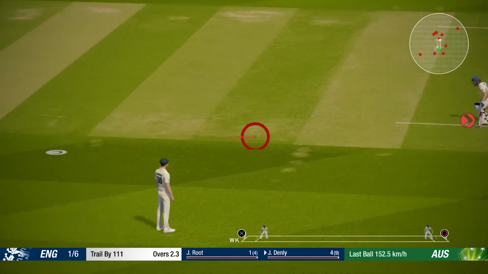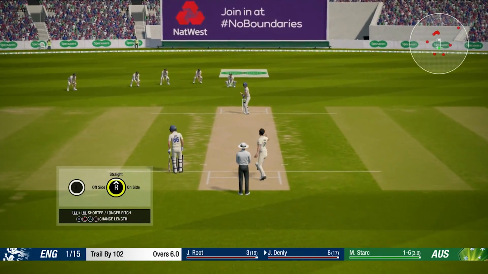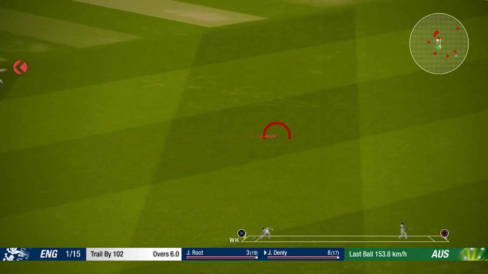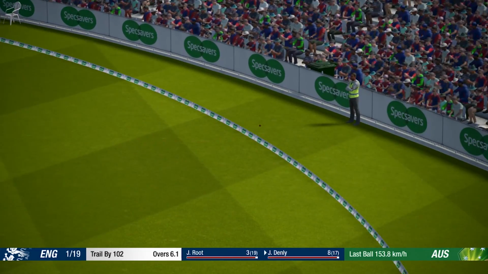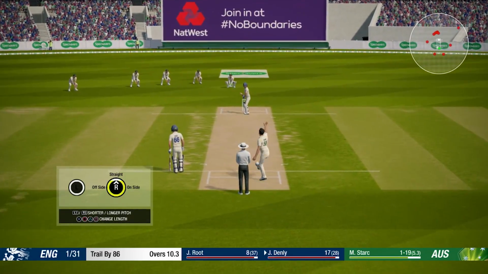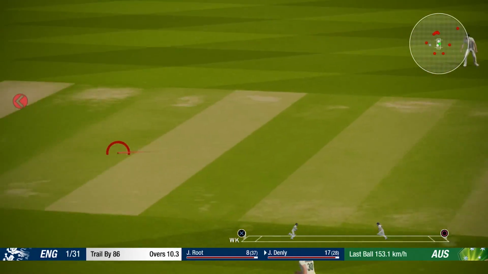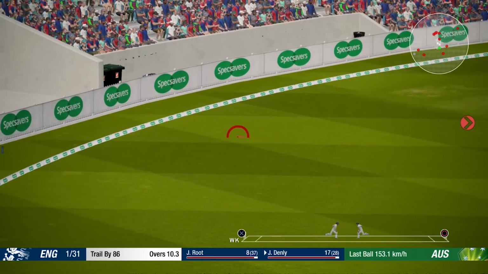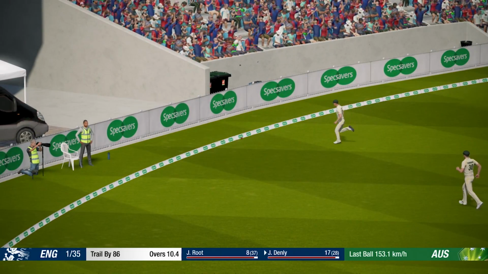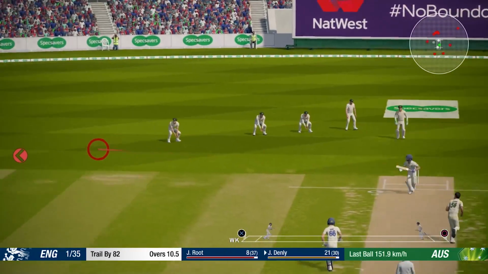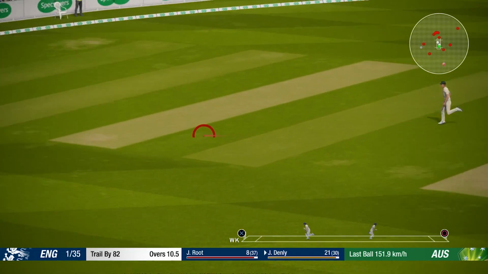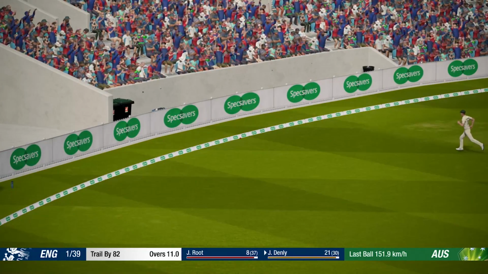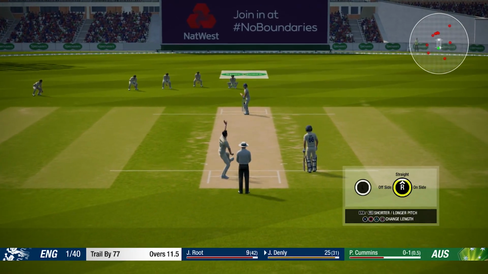Denly, of course, opening, batting with Burns. Roy batting at 4 in this Test match. He works this one away, the boundary. And already England 1 for 34, 1 for 35 with this boundary. Australia, I think we're already 4 or 5 down at this point. They were in a real spot of bother, though. This has been a very good innings. I think Joe Denly's already got the top score of the day with 25.